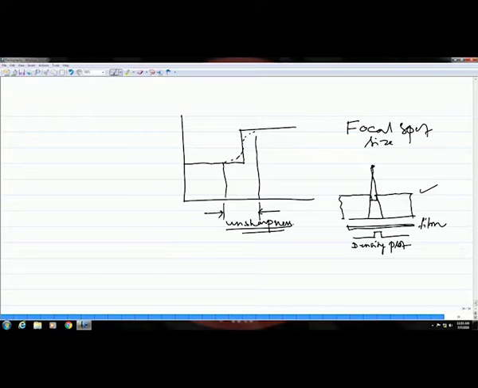Okay. For example, if you have a source like this, this has a given size. Okay. So, this is the spot size F. So, it has multiple points because it has a certain size. So, if you now take the same object and image it using this particular source, which is not a point source, then it will look like this.